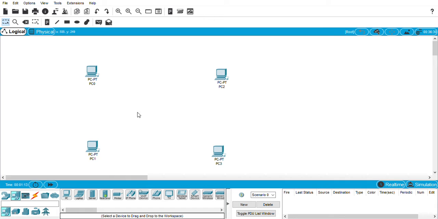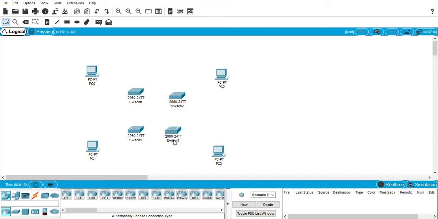In real time, we say one device can communicate with all the other devices, but here in simulation, without a switch we can't link one device to another device. So place a switch here, and bring the connectivity among the switches and the end devices.